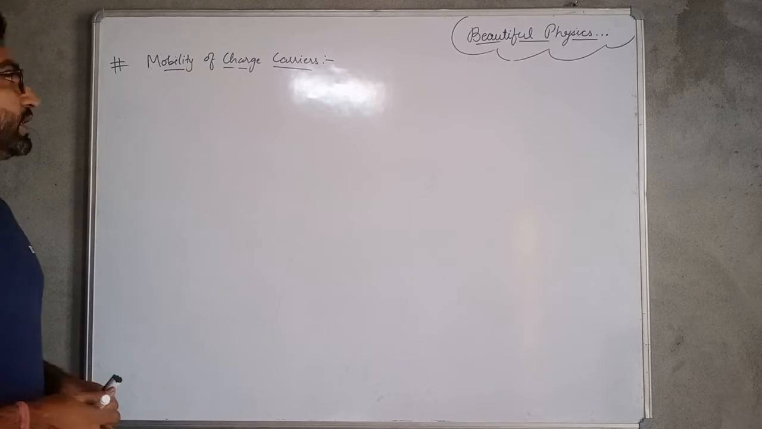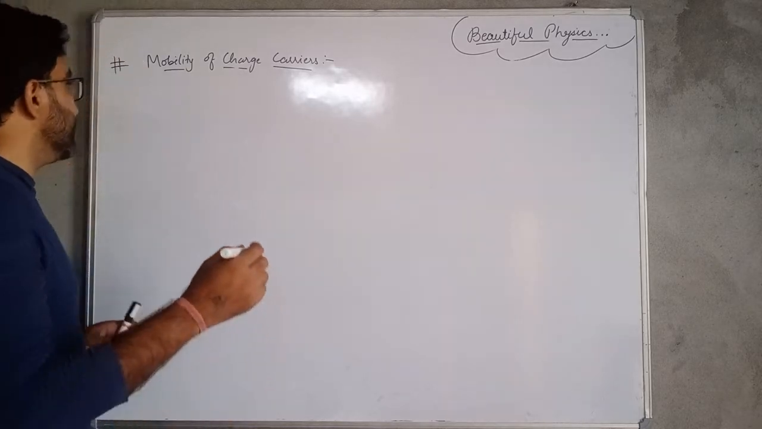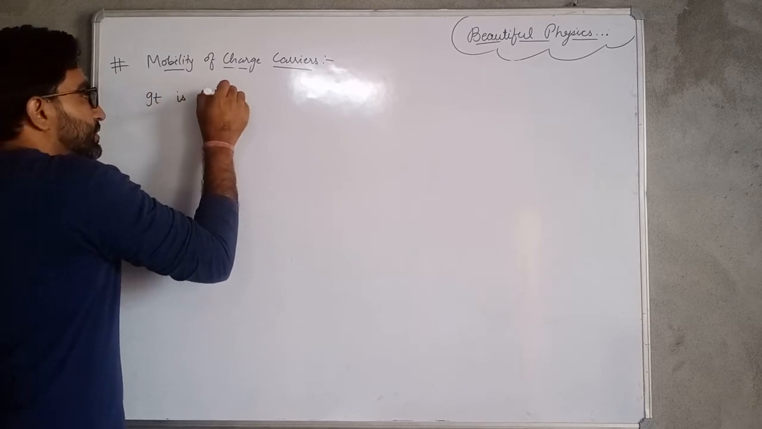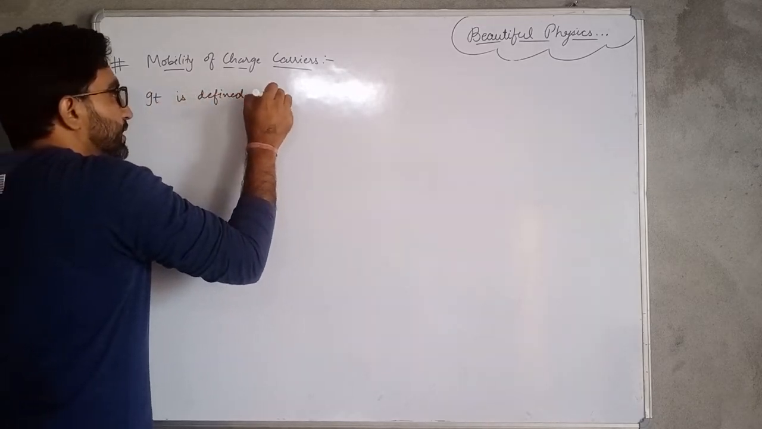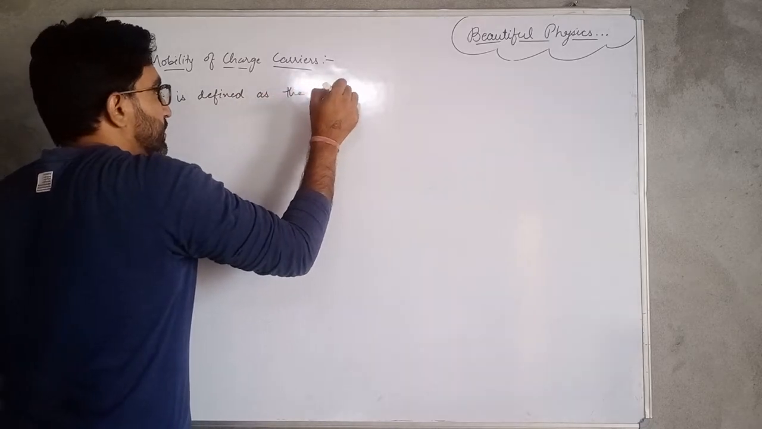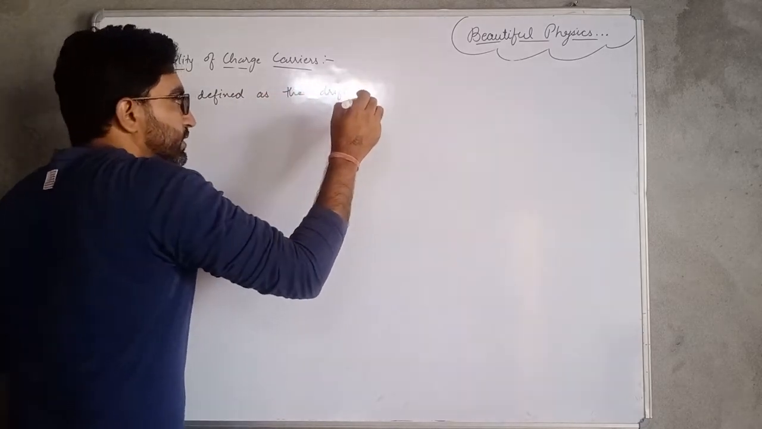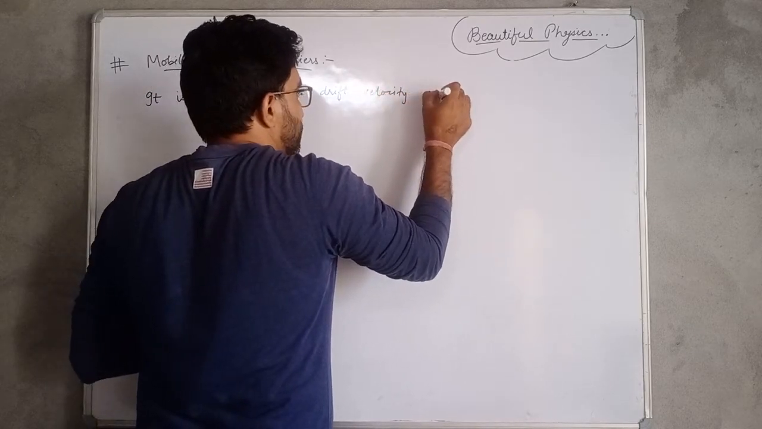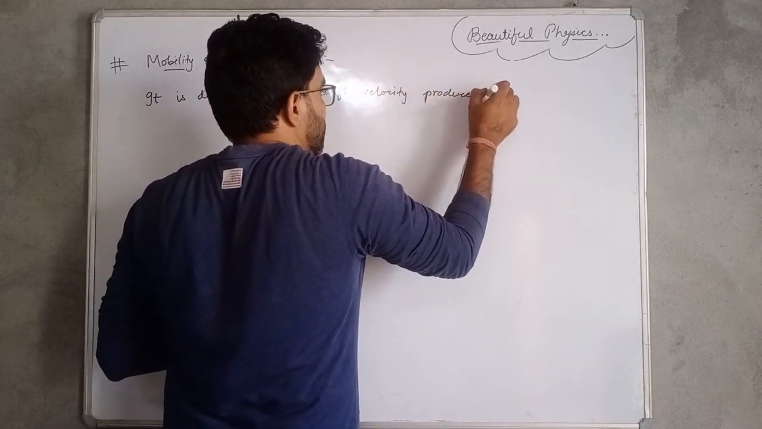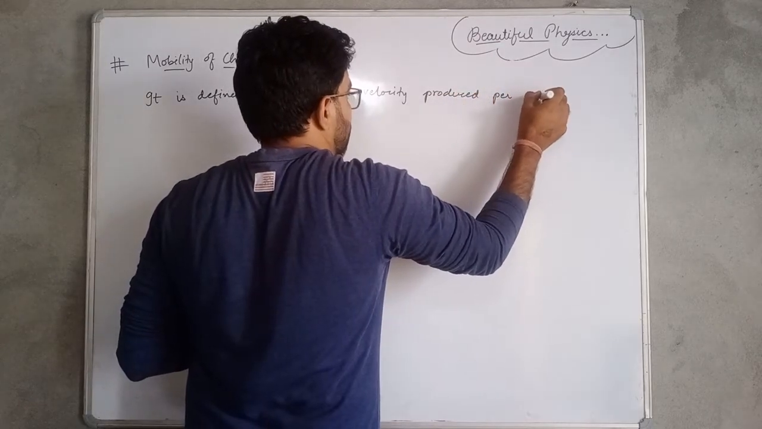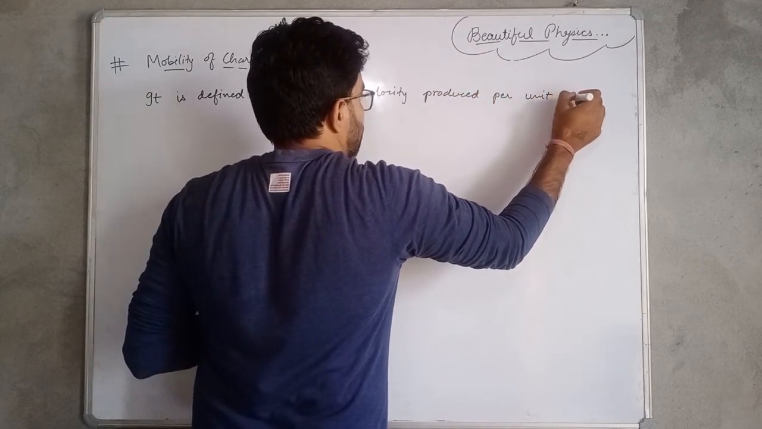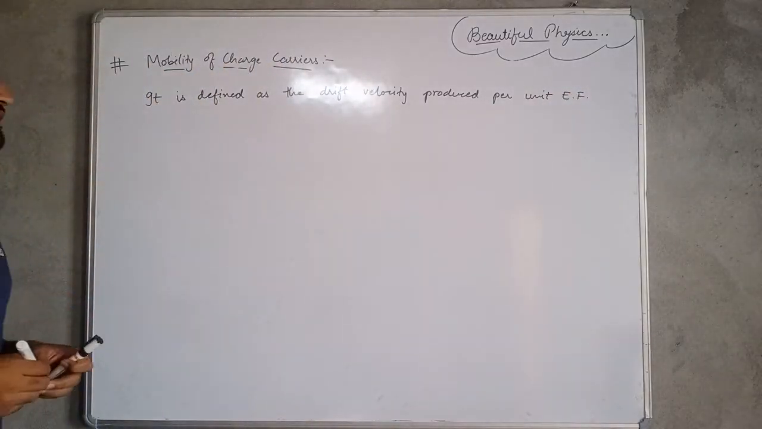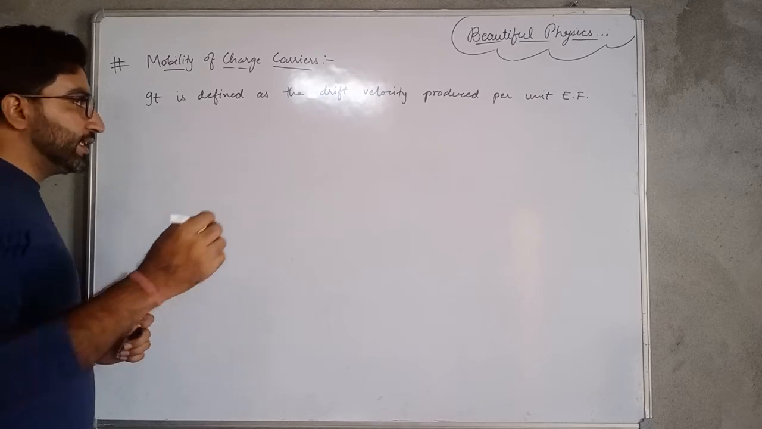Next one is the mobility of charge carriers. Mobility of the charge carriers is defined as the drift velocity produced per unit electric field. Drift velocity produced in a conductor per unit electric field is known as the mobility of the charge carriers, and it is represented by